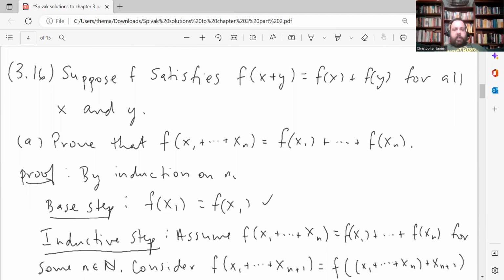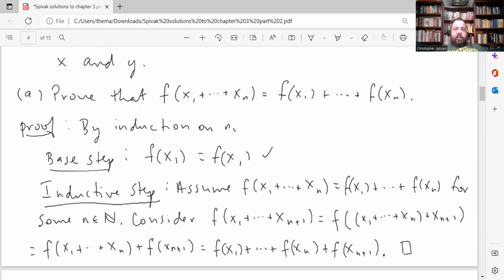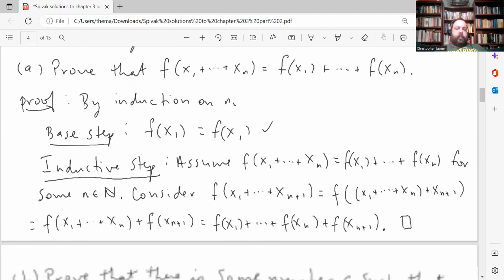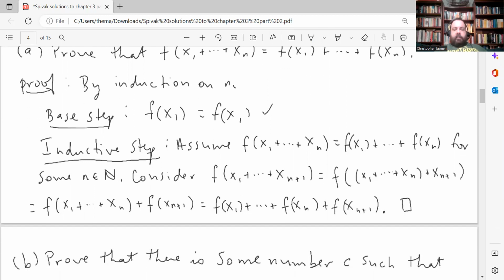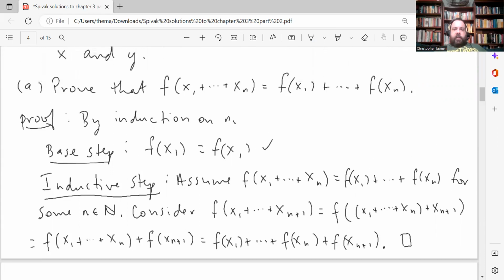Right, and we'll do this by induction. So obviously f(x1) is equal to f(x1), so the base step is satisfied. The inductive step always starts with the inductive hypothesis. So assume that f(x1 plus ... plus xn) is equal to f(x1) plus ... plus f(xn) for some natural number n, and consider f(x1 plus all the way up to xn+1). Right, so we can reassociate inside of the domain here. So that's the same thing as f of, in parentheses, x1 plus all the way up to xn, close parentheses, plus xn+1,